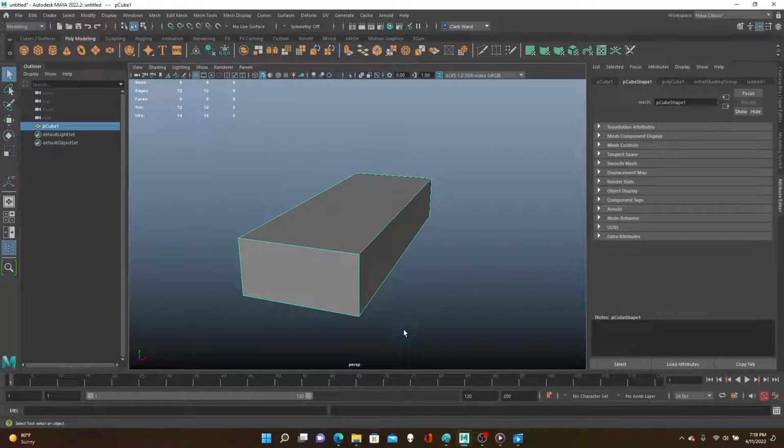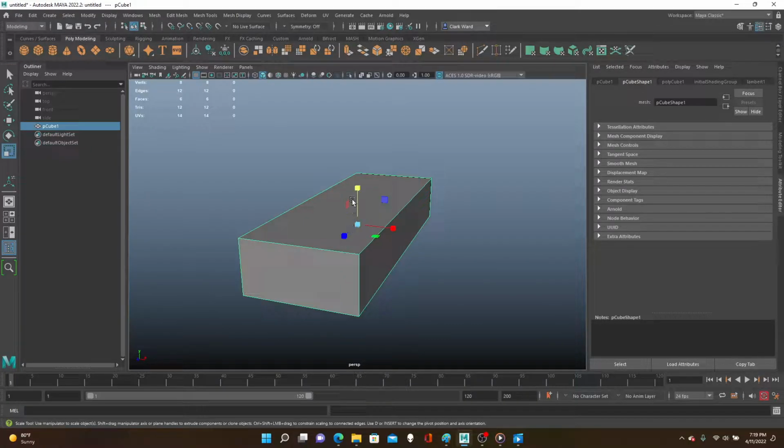Alright, this is a follow-on video to the one I just did, which you may or may not have seen, about using edge loops to protect edges. That one was on a kind of rounded object. This one is on a rectangle, which is actually easier to do. So we've got